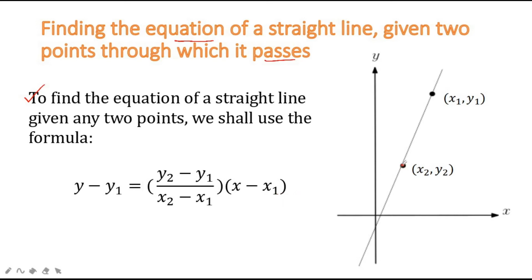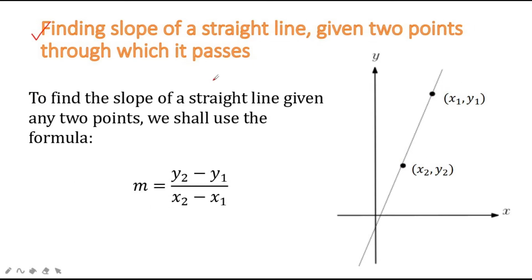So if 2 points on a line are given, like in this case, so this is point A and this is point B, then we can find the equation of a straight line using this formula. Next, how do we find the slope of a straight line given 2 points through which it passes? In order to find the slope given any 2 points, we shall use the formula